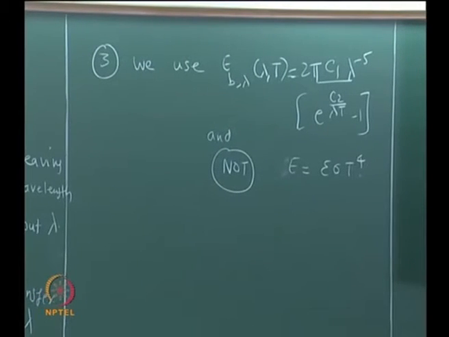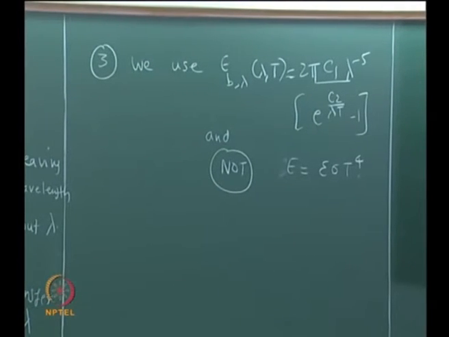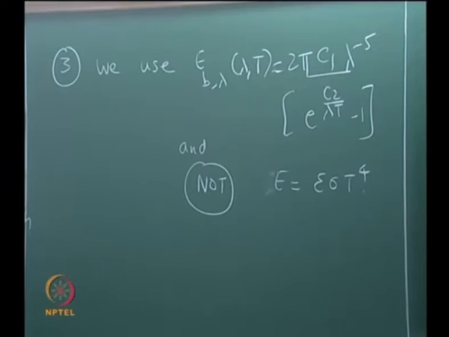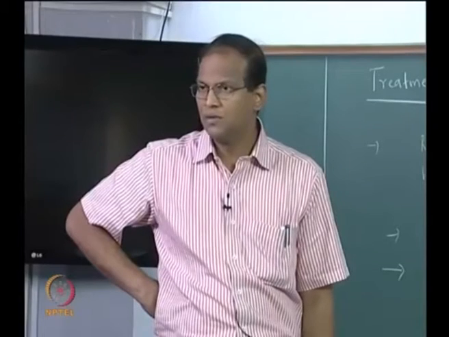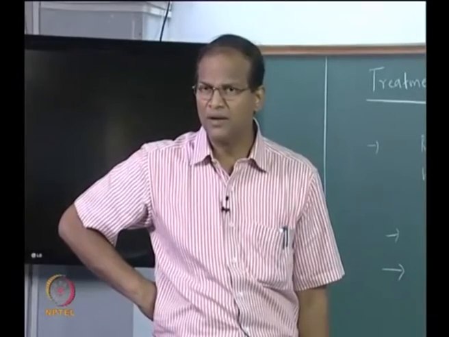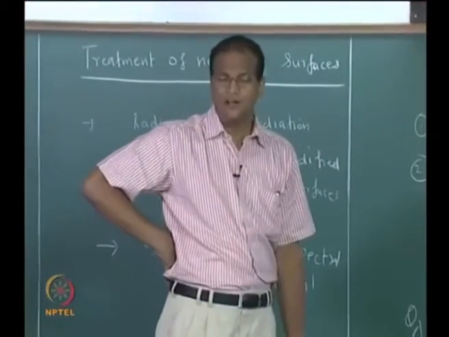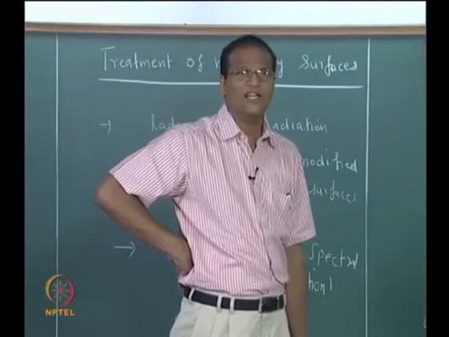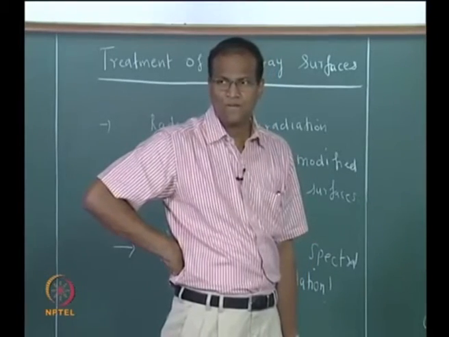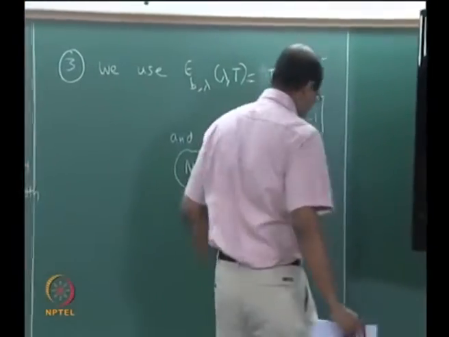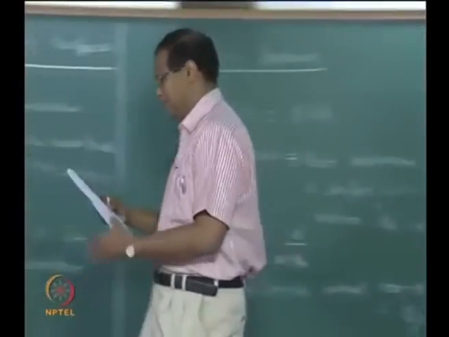Do not ask me, sir, why are you using E_B lambda, it is not a black body. Anyway epsilon lambda will come, do not worry about that. Vikram, any problem? Oh, there is a big story, no? Was it pi or 2 pi? No, it depends on how I have defined it in the earlier classes. If you all say it is pi, then it is pi C1. It depends on how we have done it, okay, fine.